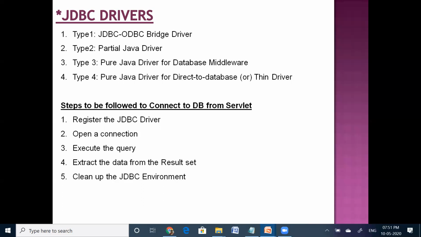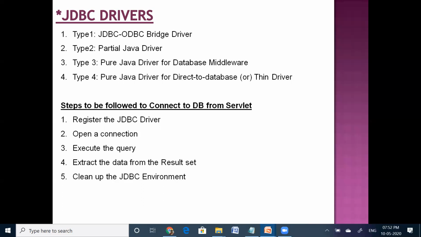JDBC is Java Database Connectivity, ODBC means Open Database Connectivity. Here the ODBC server acts as the mediator between your Java program and the driver. This is the oldest driver.